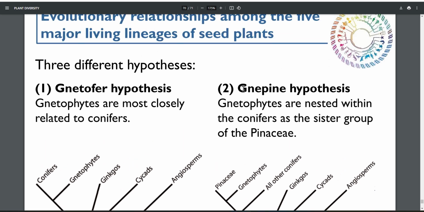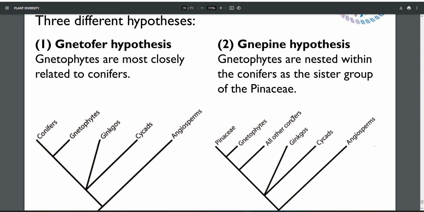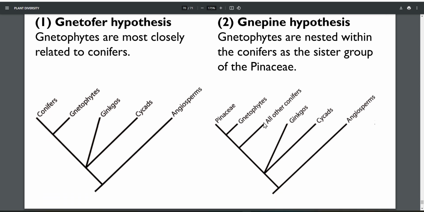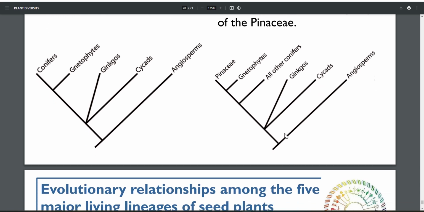And then the second one, the Gnepine hypothesis, which believes that it's similar to this, but even more detailed in its placement into the group. It is even more closely related to Pinaceae, which is pines. So pines and Gnetophytes share one common ancestor, while these two share one common ancestor with other conifers, and this big group, so Gnetophytes as well as conifers, share one common ancestor with ginkgos and cycads, and the rest is